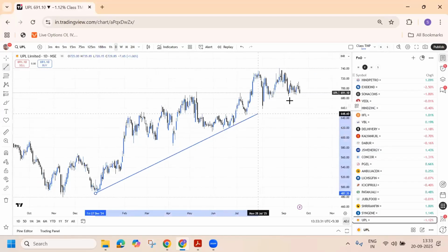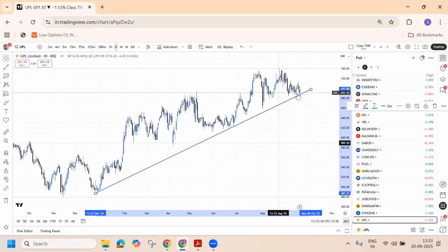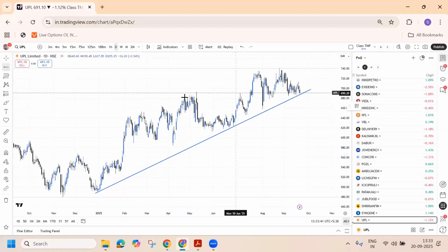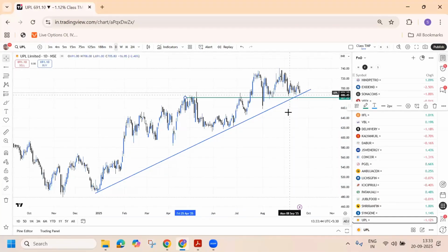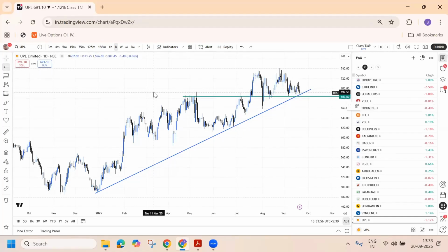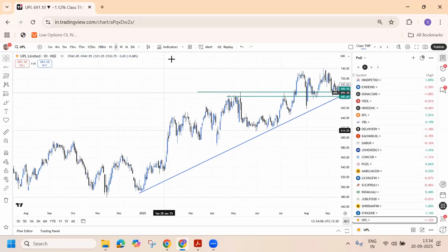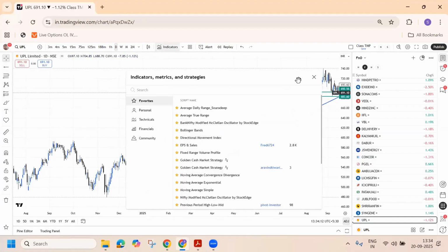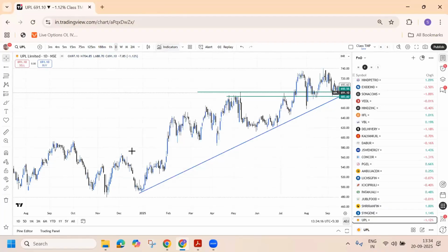When we are looking at a chart, either I can buy when the stock is near its support. So the stock is near this joint support region, and there we can buy, or we can buy when the stock is actually breaking out, like it had done last time, right? About the previous swing high. So when a stock is breaking out about the previous swing high, in breakout trades, we should first look at